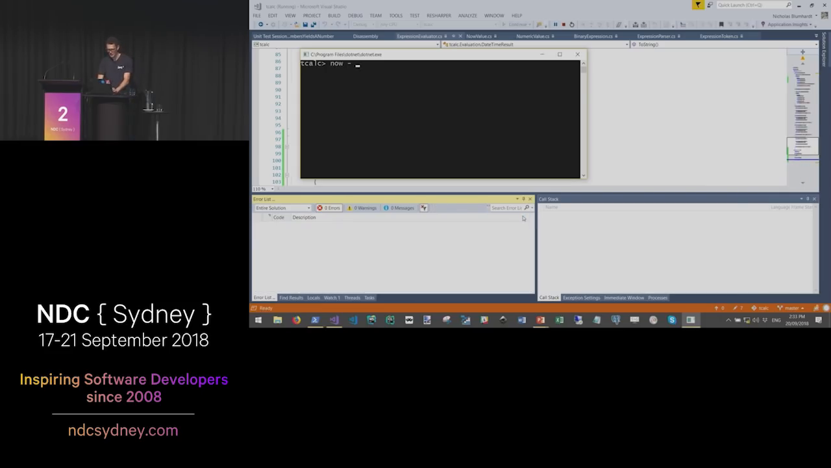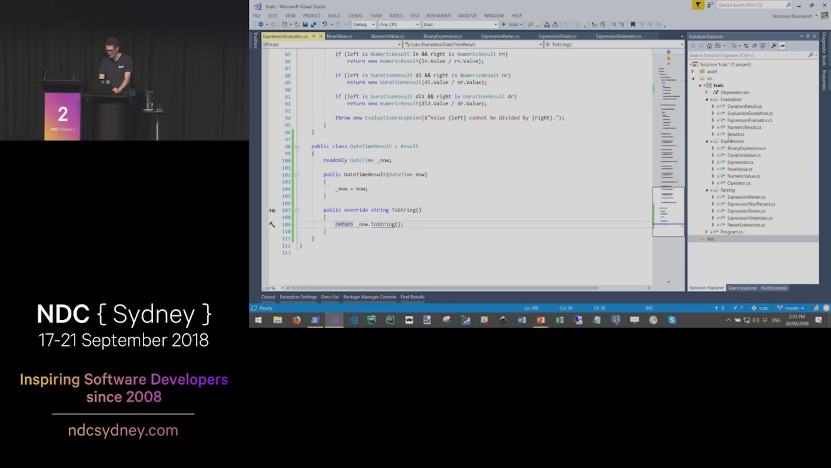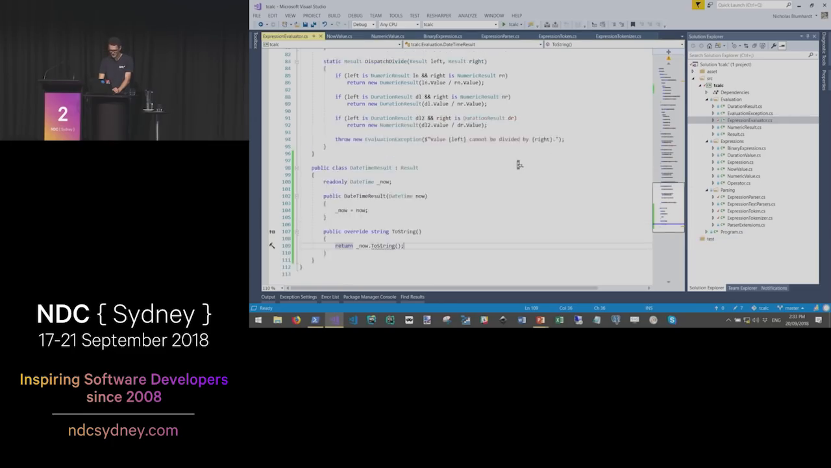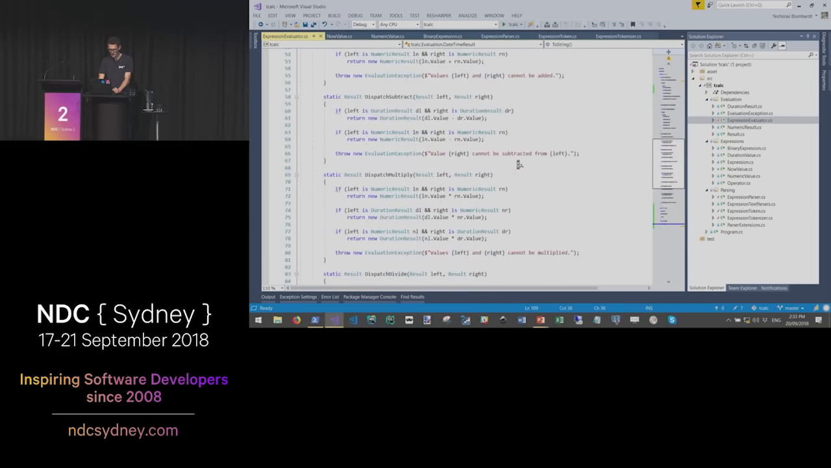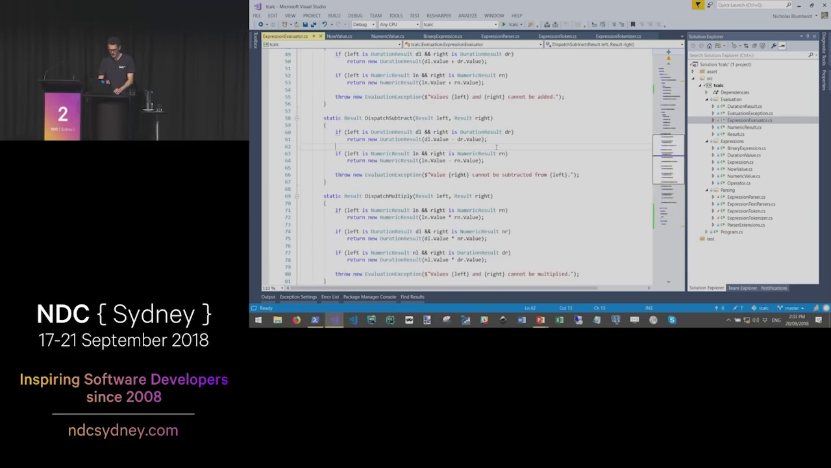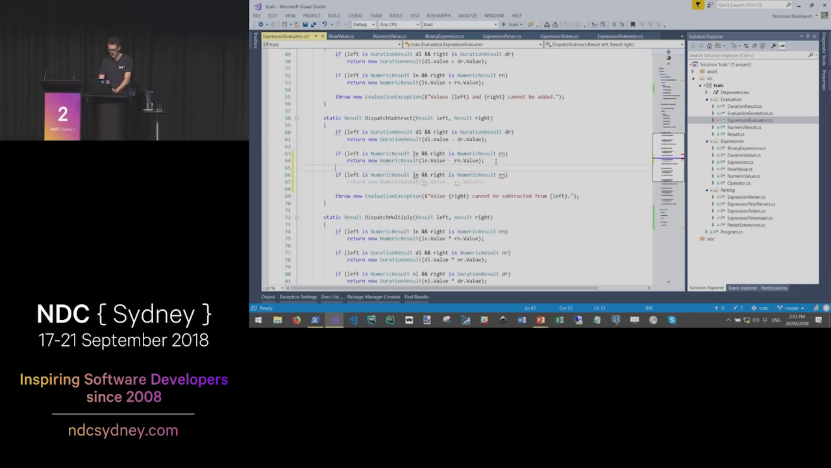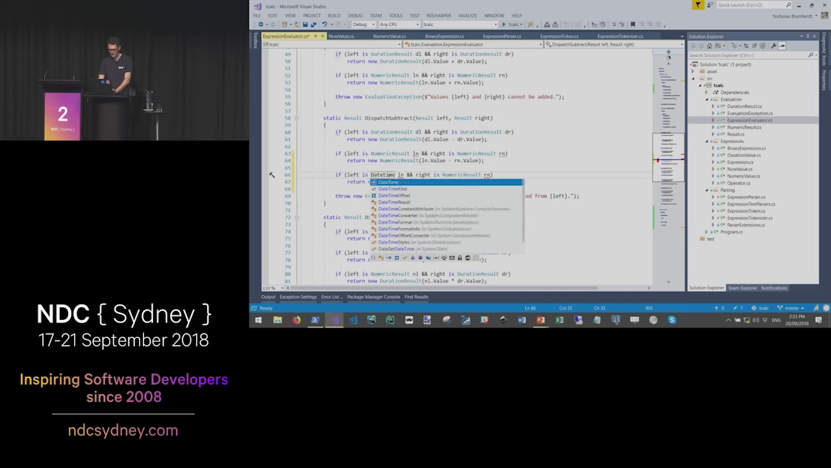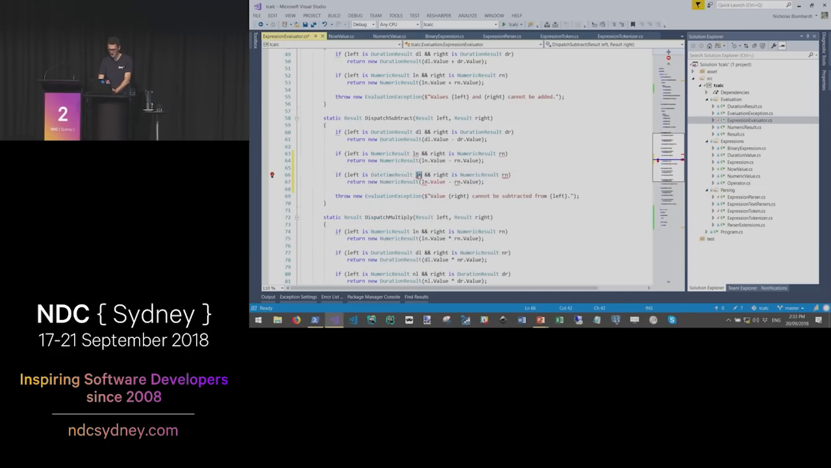Okay, now we've worked our way through, so we can accept now minus 7 days, and we have value 7 days can't be subtracted from right now. Okay, we take the challenge in the evaluator. We're going to dispatch a subtract. So if the left is going to be a datetime result, dt, and right is duration result,